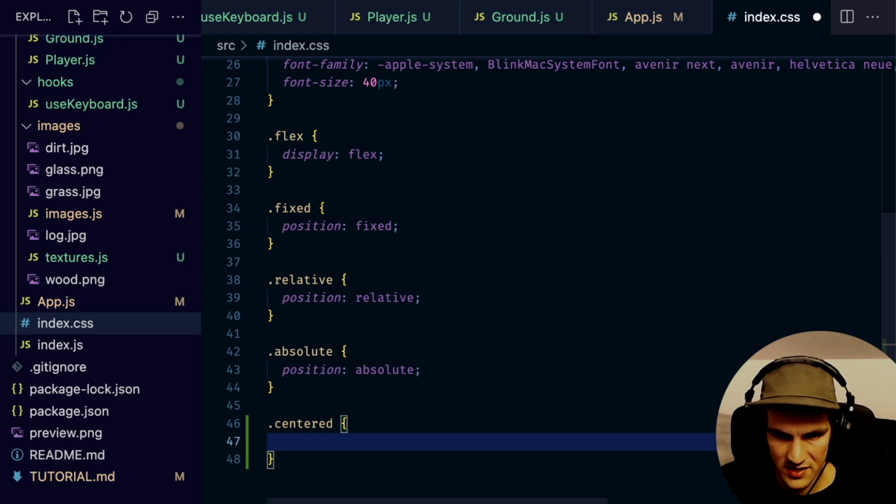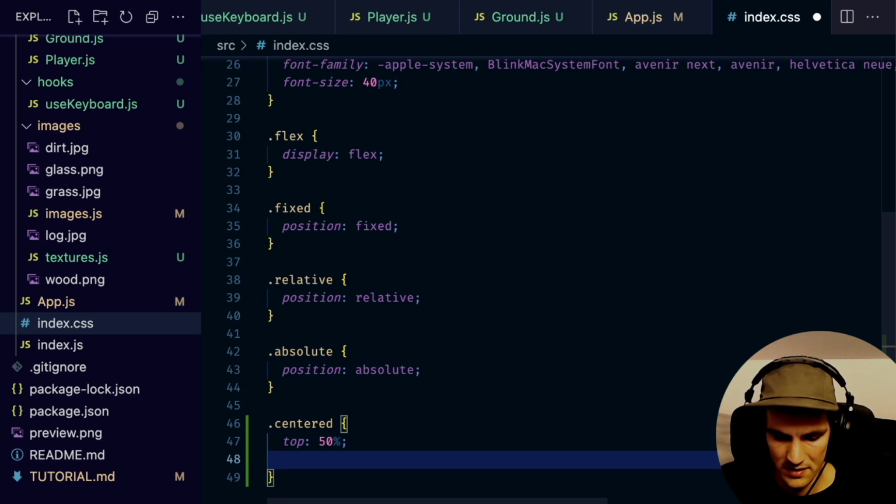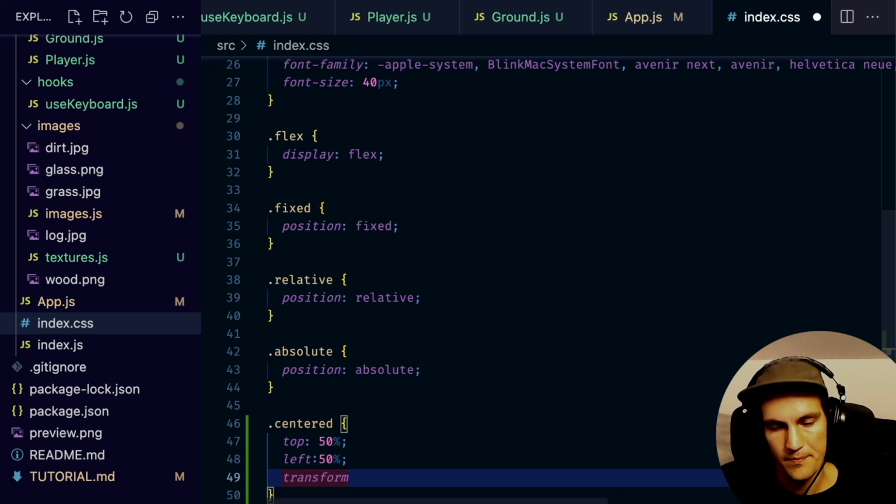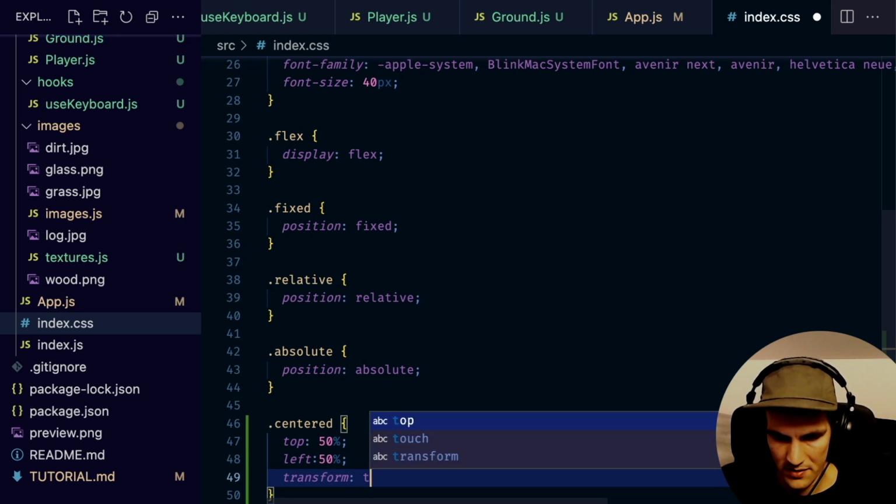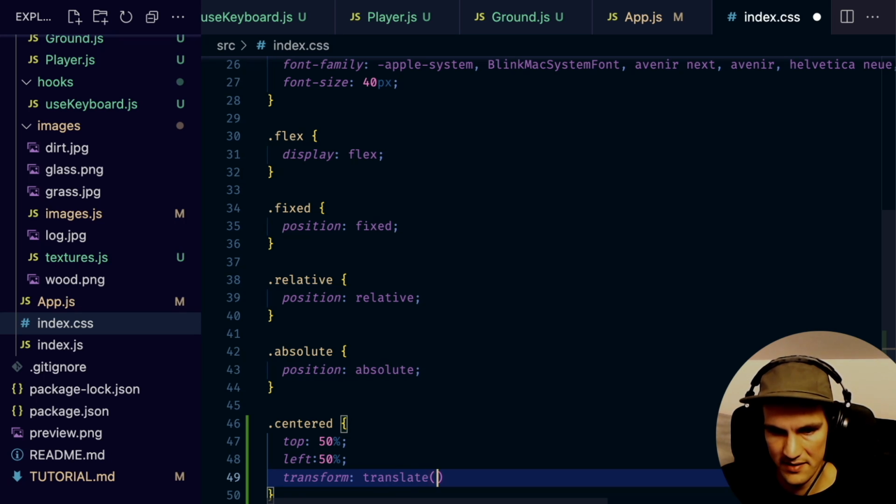So this is positioned absolute. So we do top 50%, left 50%. We need to add a transform, translate minus 50% and minus 50%. So that is just because if we center it 50-50% without doing this transform translate, then it will not actually be in the middle, because